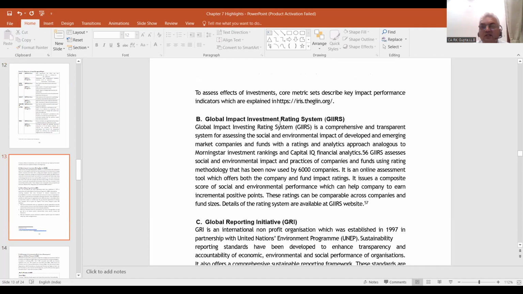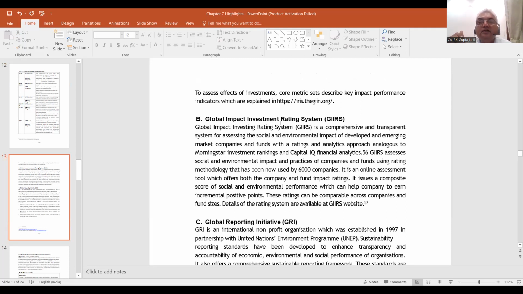अच्छा, टू असेस effects of investments, core metric sets describe key impact performance indicators which are explained। ये यहाँ पर आईरिस की साइट है, तो यहाँ पर ये सारी चीजें एक्सप्लेन की गई है। उसके बाद में दूसरा सिस्टम है GIIRS, ग्लोबल इम्पैक्ट इन्वेस्टमेंट रेटिंग सिस्टम। तो एक तो IRIS प्लस हो गया, दूसरा हो गया GIIRS। ये क्या है,